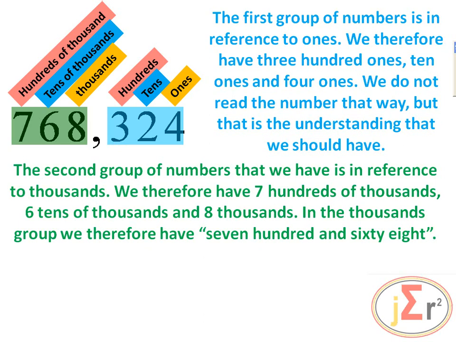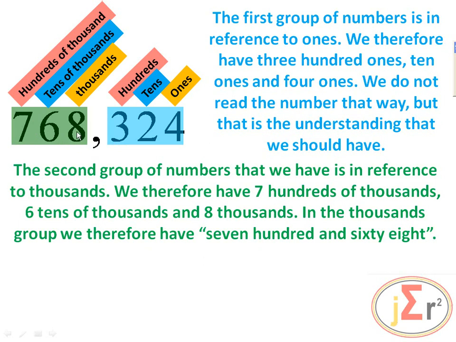So the second group of numbers that we have is in reference to thousands. We therefore have 7 hundreds of thousands, 6 tens of thousands, and 8 thousands. In the thousands group, we therefore have 768. So what we have here is 768